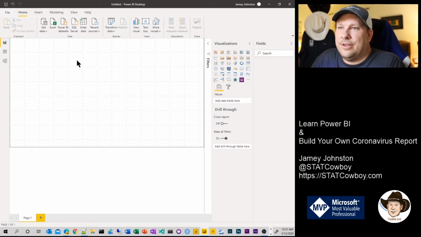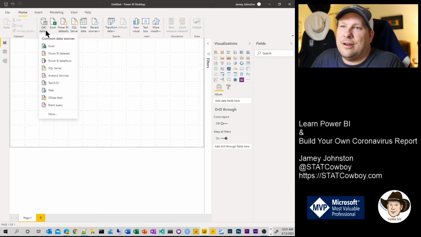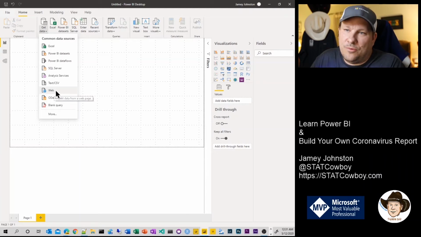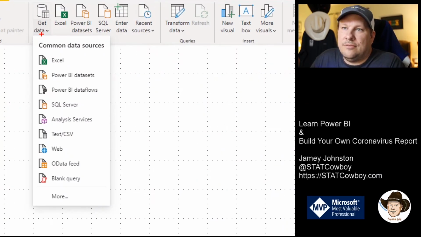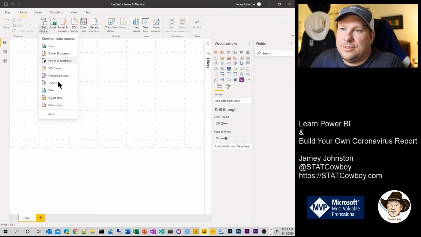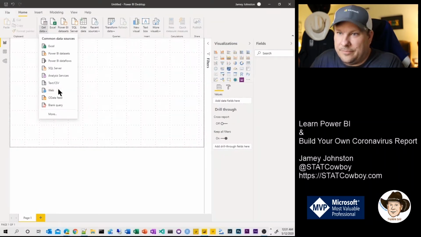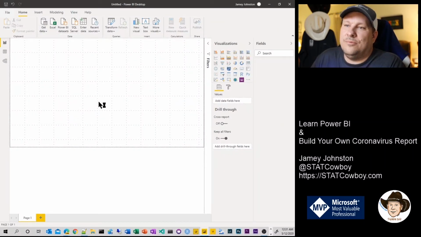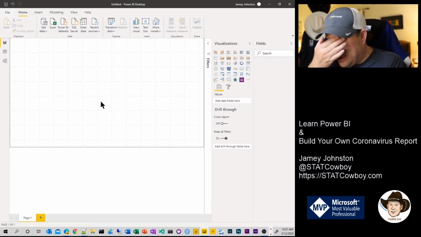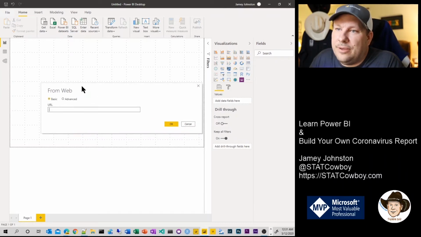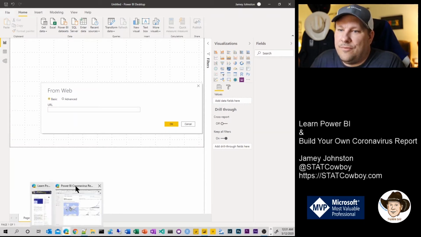So to get started, we're going to get the data from the Johns Hopkins data set. That data is in GitHub, which is on the web. So we're just going to click the little arrow here. It's going to drop down for us, and then we can come down here and click Web right here. When we do that, it will pop up a little dialog box so that we can enter the URL to go to the Johns Hopkins data set to get the data. So if I come over here